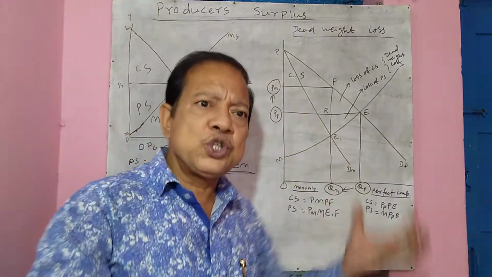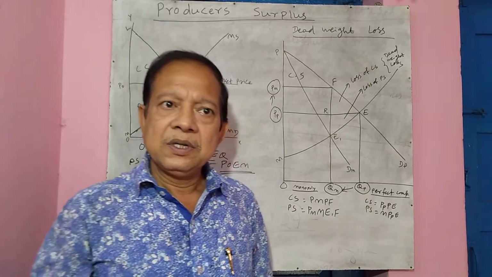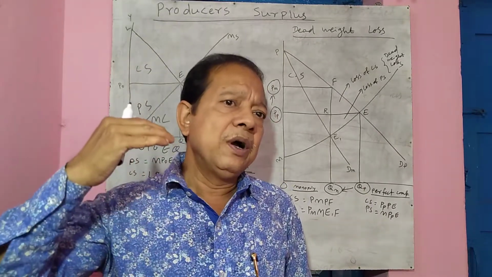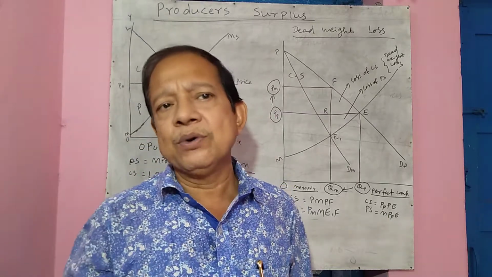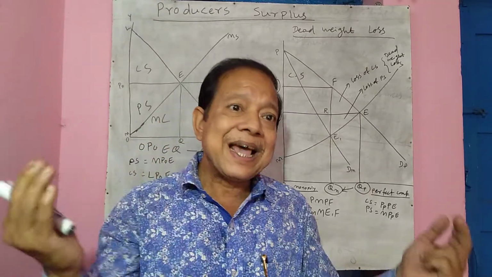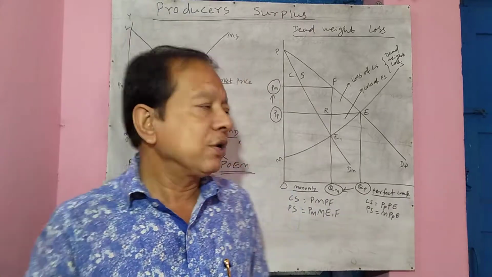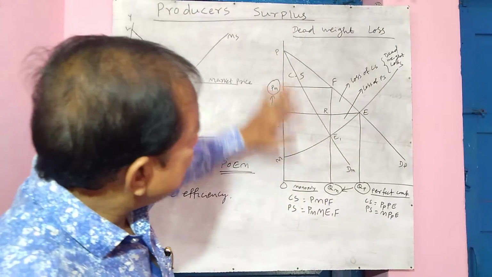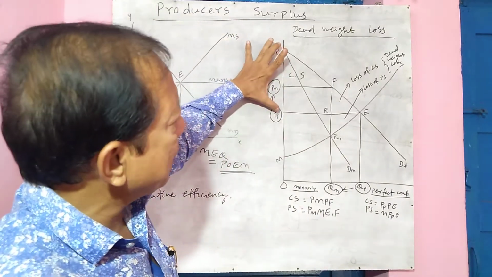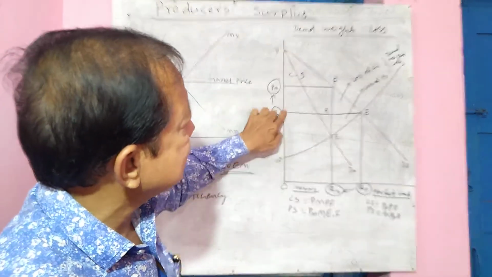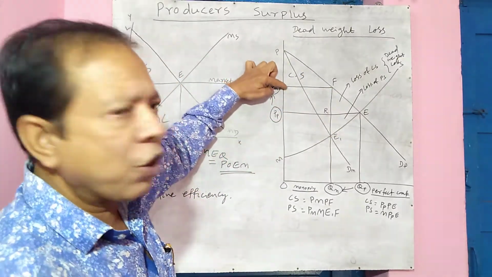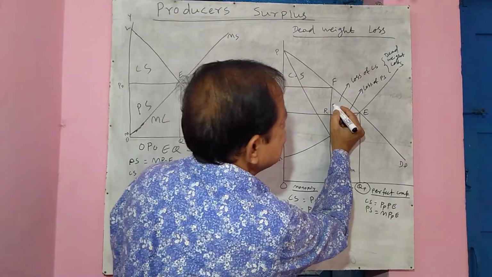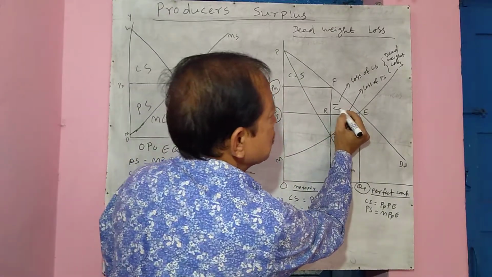Now, what is the loss to society as a result of that? If it is a case of monopoly, what is the repercussion to society as a whole because of this misallocation of consumer surplus and producer surplus? Previously, under perfect competition, the consumer surplus was this much total. Now, under monopoly, the consumer surplus is this much. So this amount is the loss of consumer surplus.